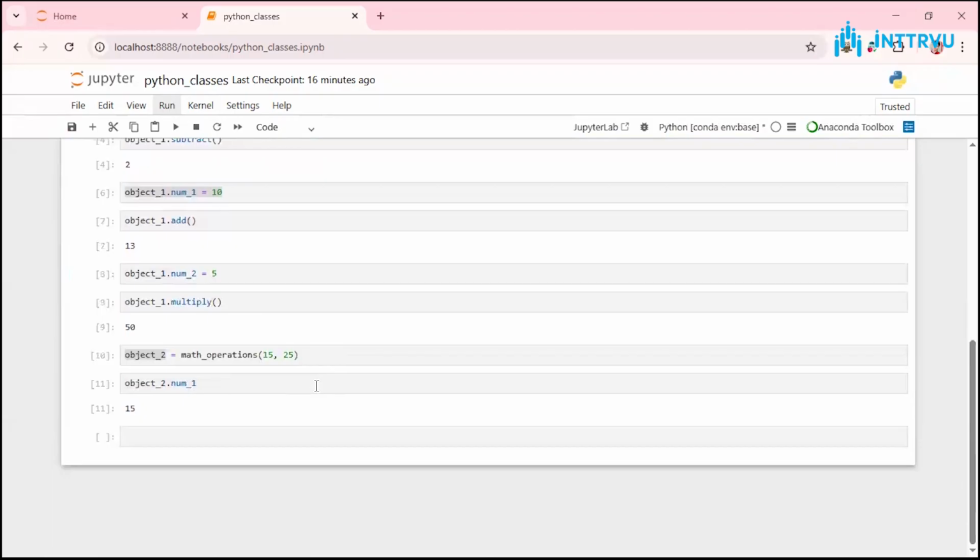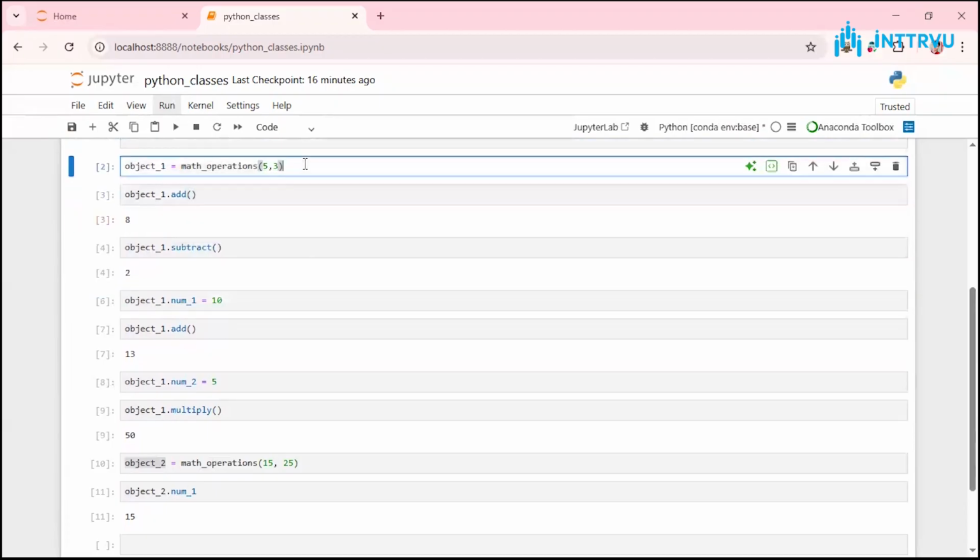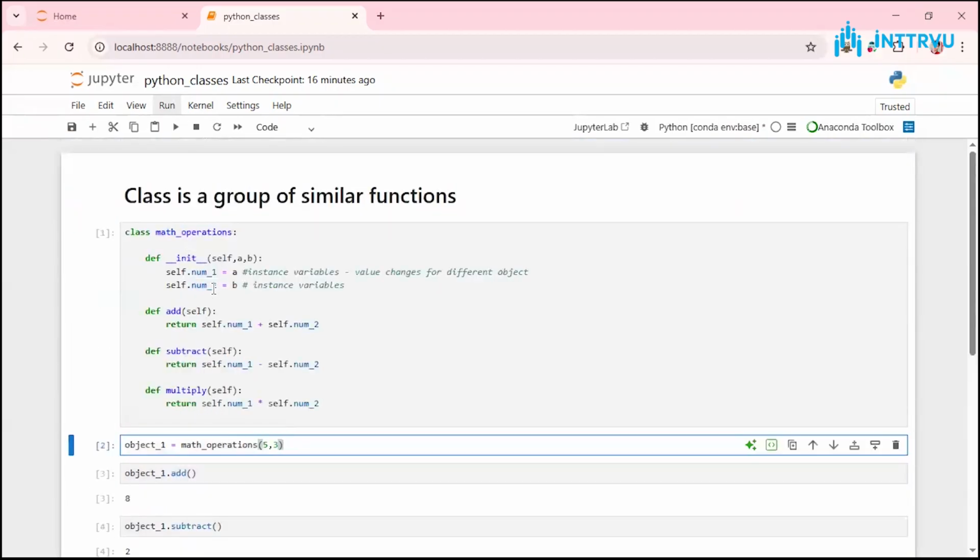So I can create as many objects as I want, and each object will carry its own unique num1 and num2 within it, and it can be updated as and when you would like. That's the beauty of classes in Python,